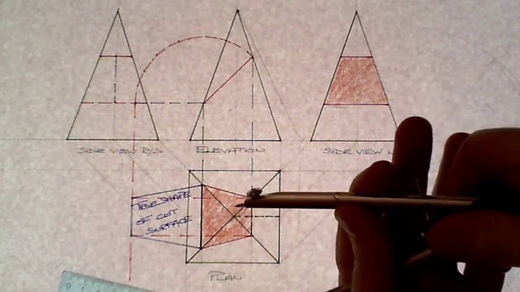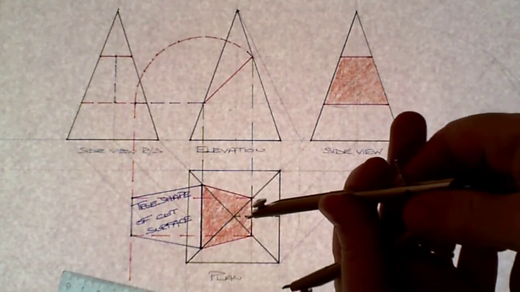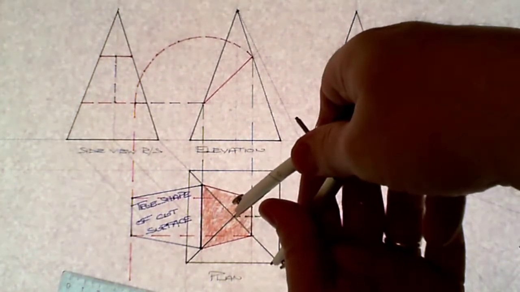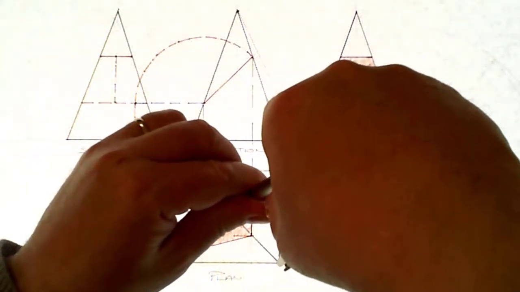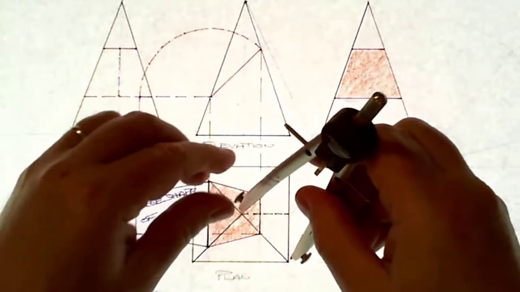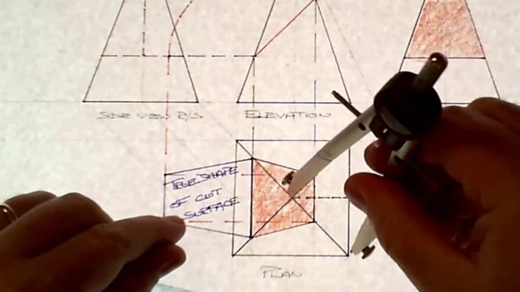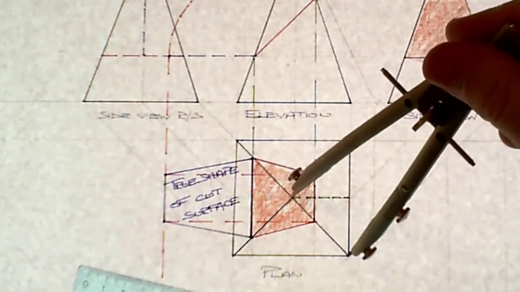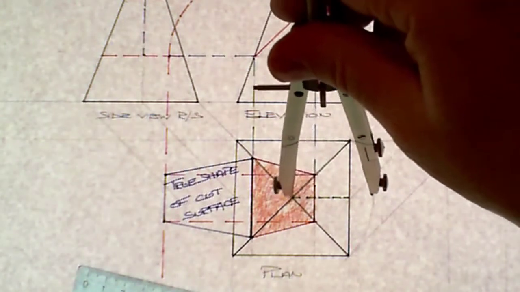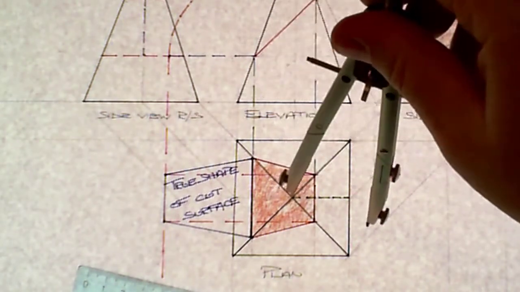So I get my compass, and I draw in, I pull that around, that length there, the hip length, or the side there of the square-based pyramid,